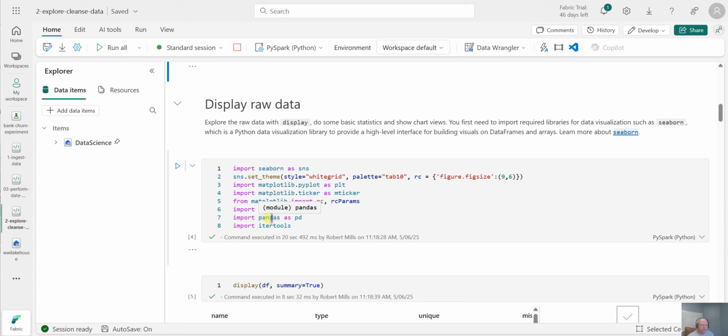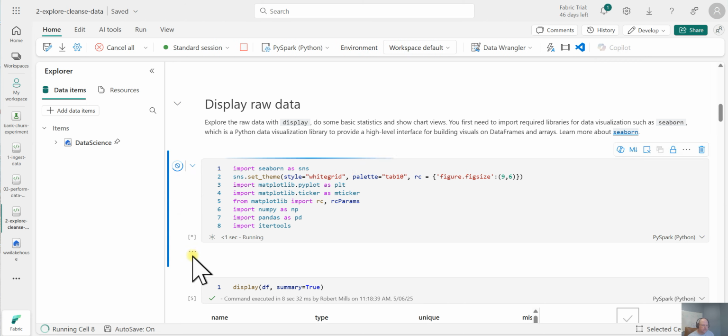Pandas, right? You can look up pandas. You can Google pandas data frame, and you can look at all the different stuff that happens with that. And itertools allows you to iterate through the rows of a pandas data set. It creates an iterable. So we're going to run this real quick just to make sure that all that stuff is there,